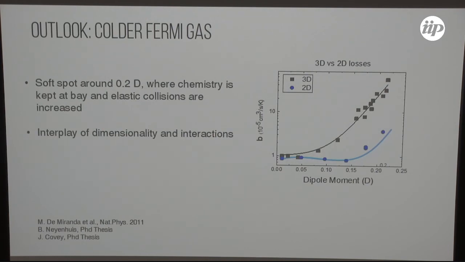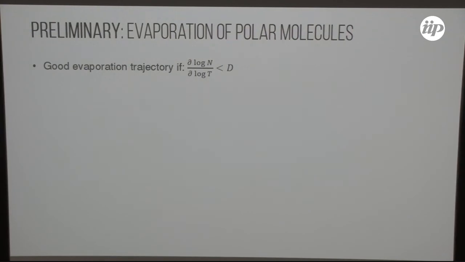So this is a sort of preliminary data that dates back to this set of literature and this paper by Marcio and collaborators. You can see that in 3D, when you put the electric field, there is a shoot-off of the chemical reaction. But when these molecules are put inside an optical lattice, you have a soft spot, a regime where the chemical reaction is kind of stabilized. And so you can really exploit the elastic collision in this system to try to eventually evaporate a bit further. And this is something that we are trying to pursue right now.